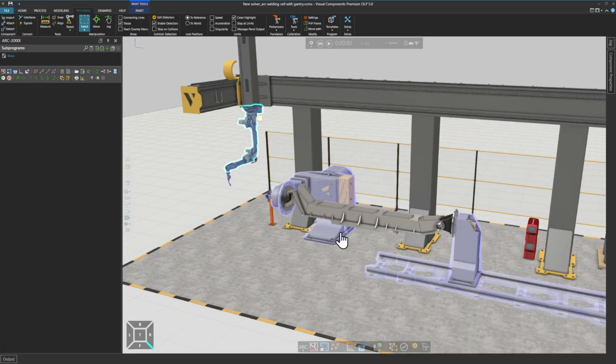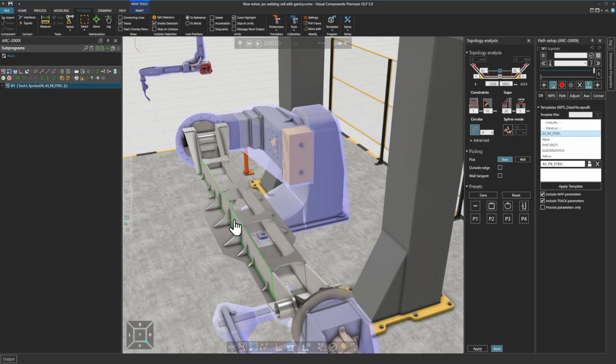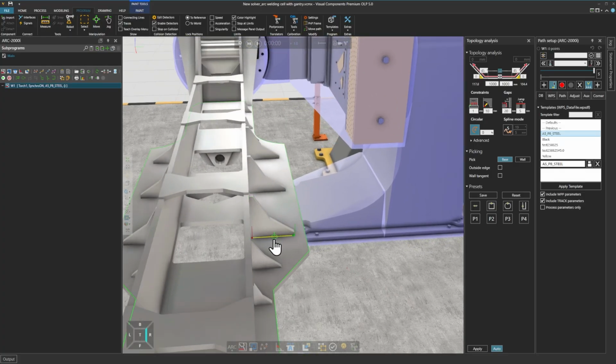And now I will create 2 welds, or 2 paths, depending on how you see it.